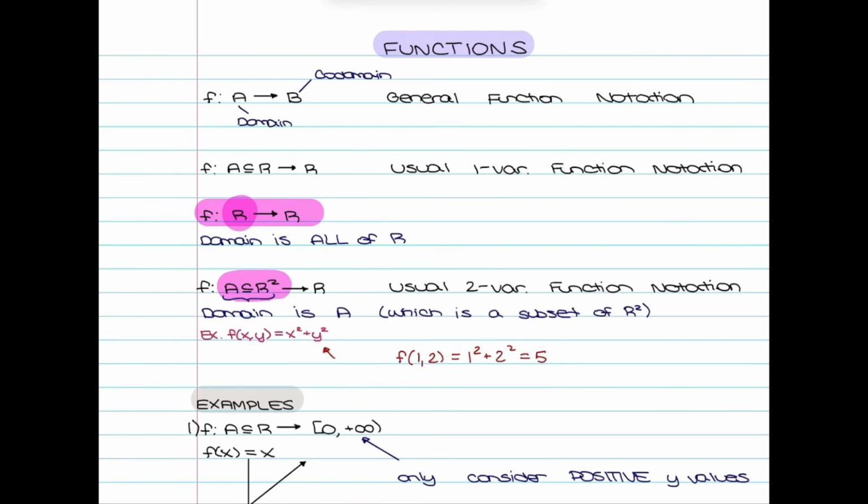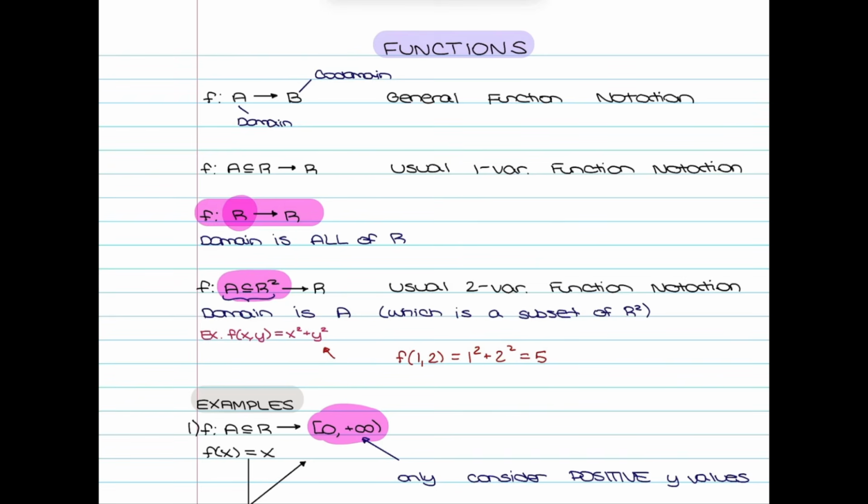So to see how the codomain is relevant, usually the codomain is going to be R, in which case you can essentially disregard it because it's the classic situation, which is telling you that you can consider all real numbers. But if instead you have specifically that the codomain is 0 to infinity, that's telling you that no matter what the function is, you're only allowed to consider the positive part of the